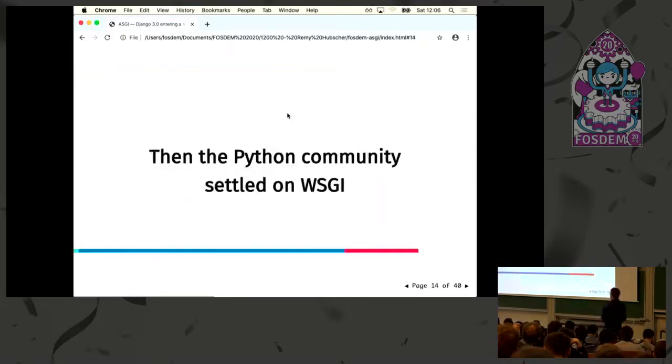And so in the Python community, we settled on WSGI. You might ask, why do we need to settle on anything? Actually, the goal was to make all the HTTP frameworks more or less compatible between them, so we could have tooling that we could use with multiple frameworks. For instance, maybe you know about Gunicorn. It's really famous to start a WSGI Python application. And you can use it with Django or with Flask because it's a standardization.